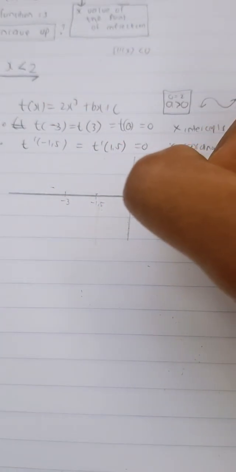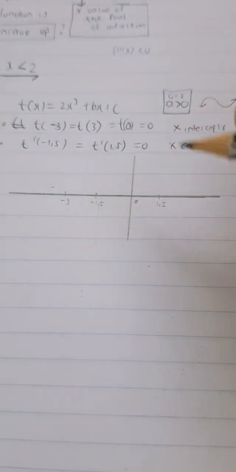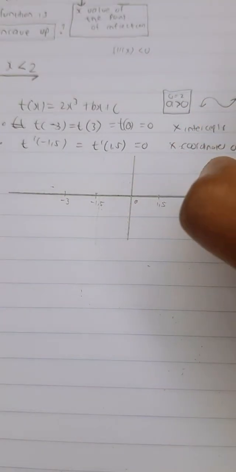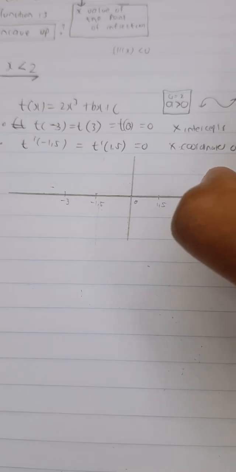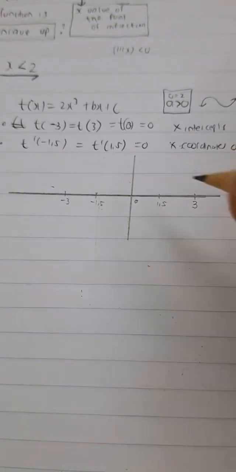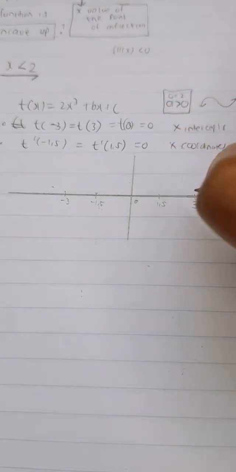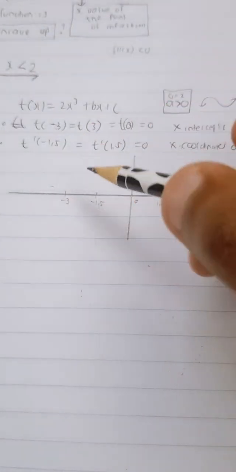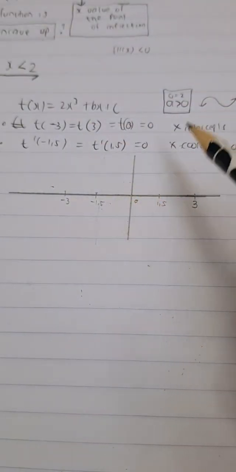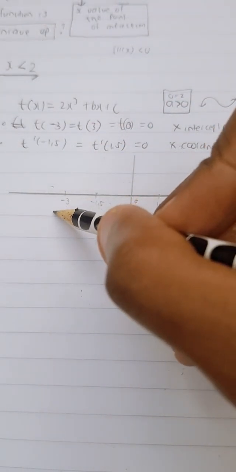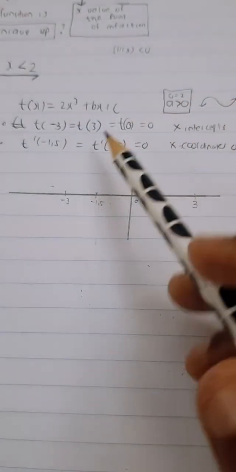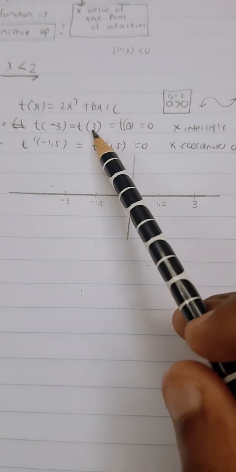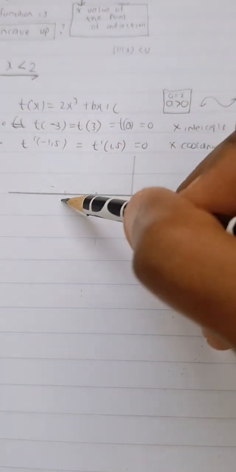Then we have 1 comma 5 as well, which we were told. And then we have 3 as well, which we were told about, 3 and 0. So this 3 and 0, we're just going to be without. Remember we said the shape. So if this is our negative 3 first x-intercept, followed by this x-intercept, then concluded by that one, that means,